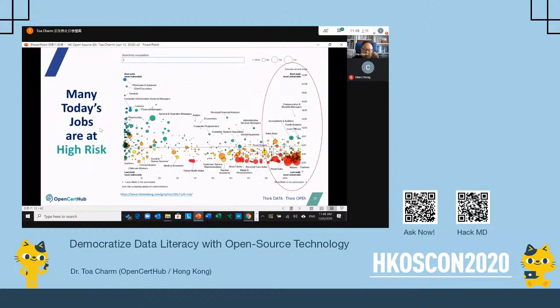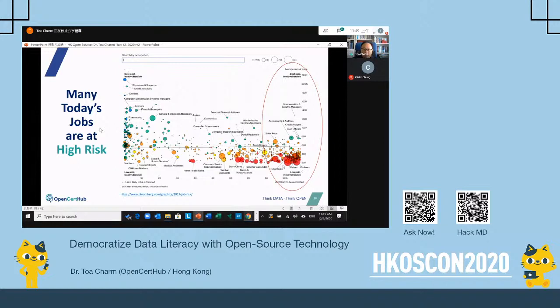So this is another chart. I give you some sense of urgency. That's done by Bloomberg, right? Making use of very nice visualization of data. So you look at the right-hand side, you see all the people who are at high risk of losing jobs. If you are doing, for example, sales, or accountants or auditors, right? You might lose the job very easily. But if you're on the left-hand side, I think it's easier. You can keep your job.